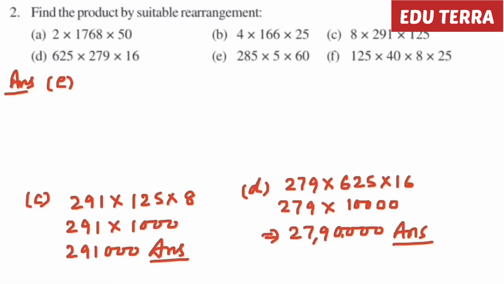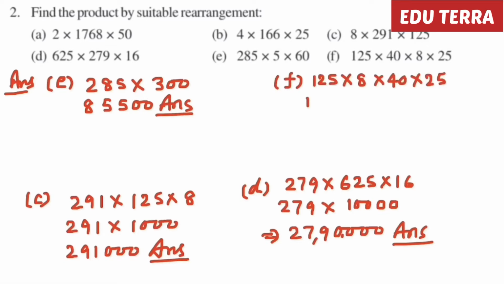Here you can multiply simply 5 into 60, otherwise 285 into 60, because 60 into 5 when you do, it will come 6 5s are 30 and 300. Now 3 5s are 15, 20. It is our answer. Now F. So it will come 1000. Now 1. This implies that what will come? 30. Then again 30. It is our answer.